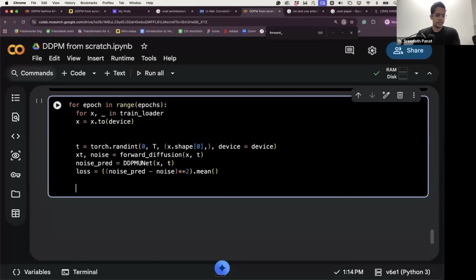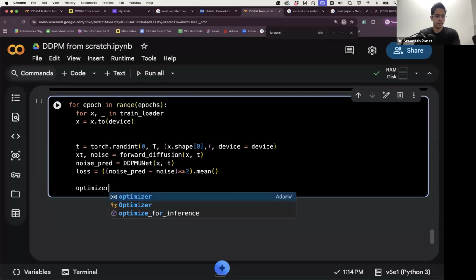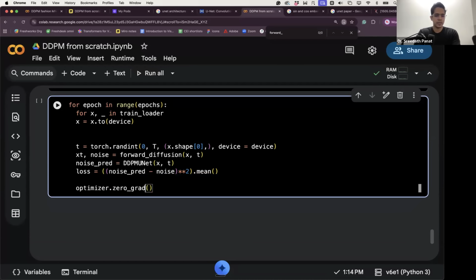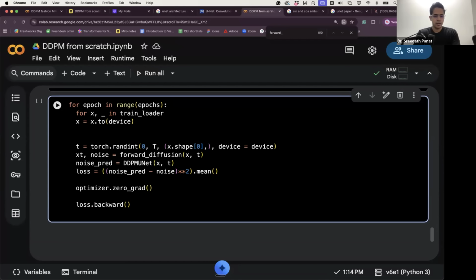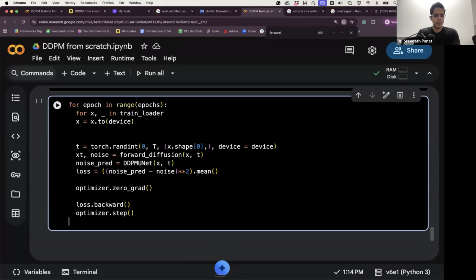And then we just use this loss in the optimizer. Each batch should start with fresh gradient. So optimizer dot zero grad, then loss dot backward for back propagation, and optimizer dot step, and then print